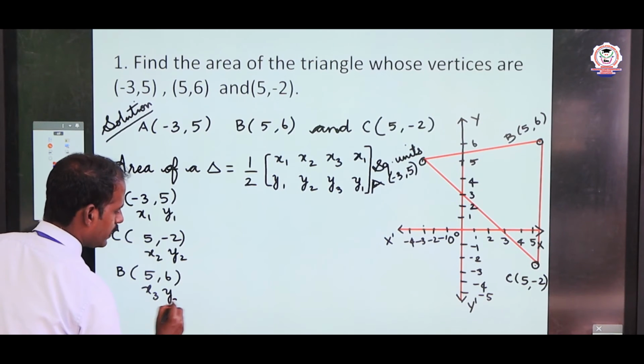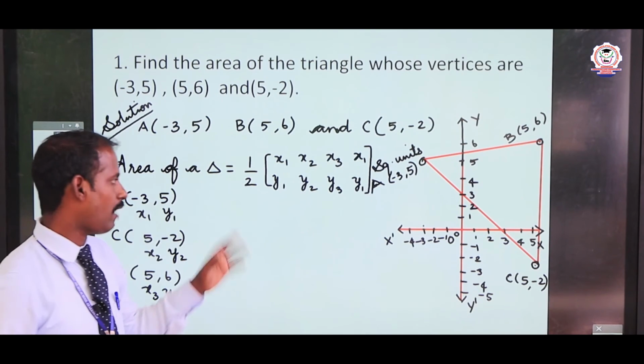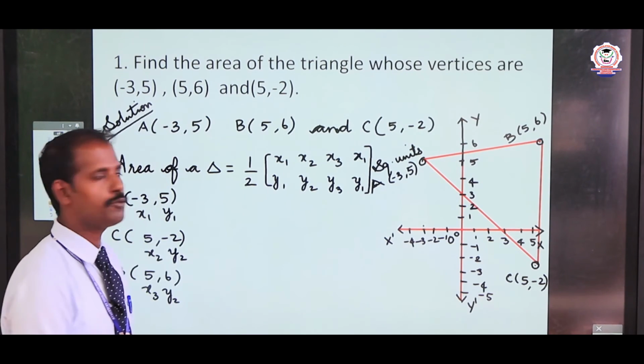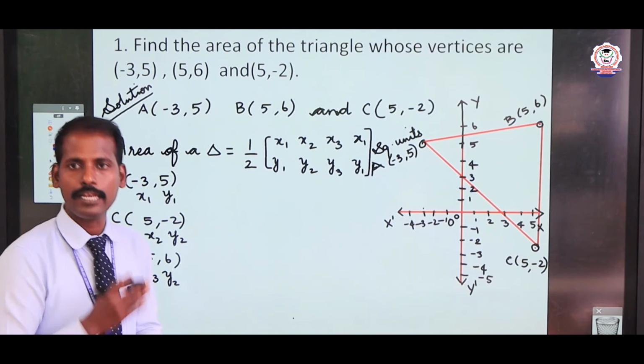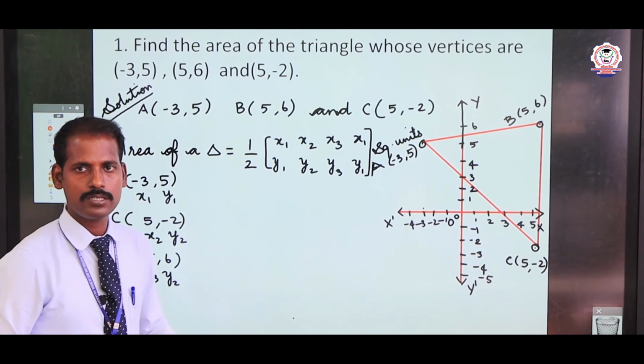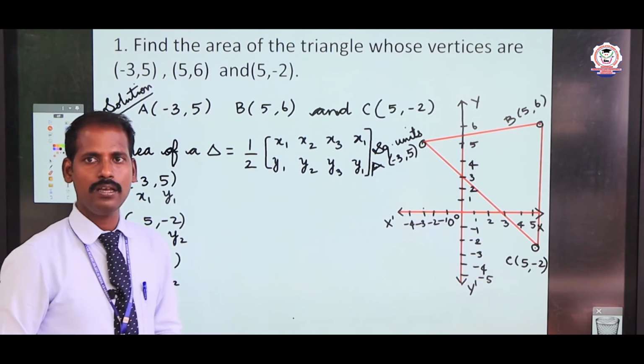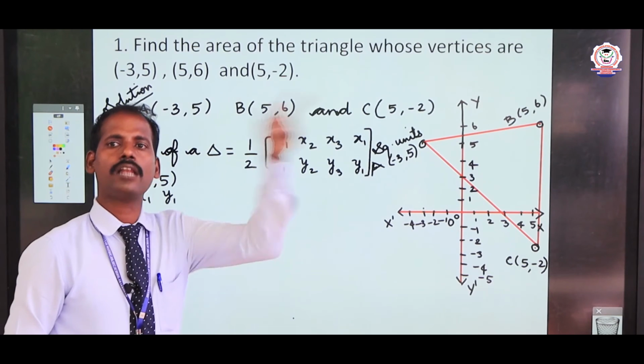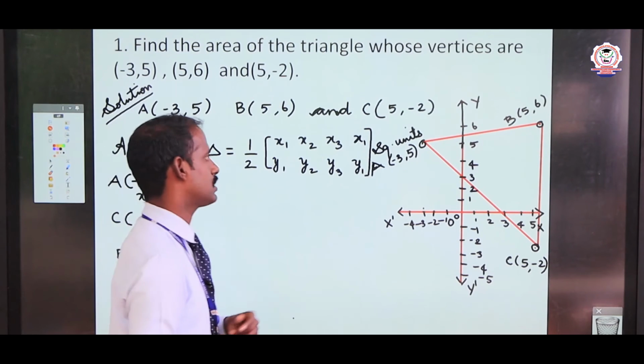So why are we taking anti-clockwise here? Because the value should be positive. Whenever you take the points anti-clockwise, you get a positive value only. That's why here we are taking the points in anti-clockwise order. Okay. So that is the concept. Now